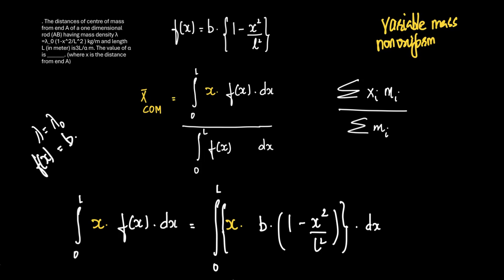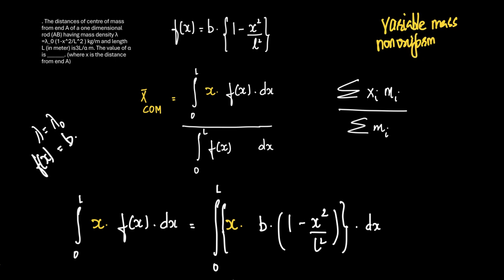So this question is basically about a non-uniform mass distribution or a variable mass distribution. Well, both of them actually are not the same. There exists a minor difference between these two. But anyway, almost all the questions that we were doing so far were based on the concept of constant mass distribution. This time we have a